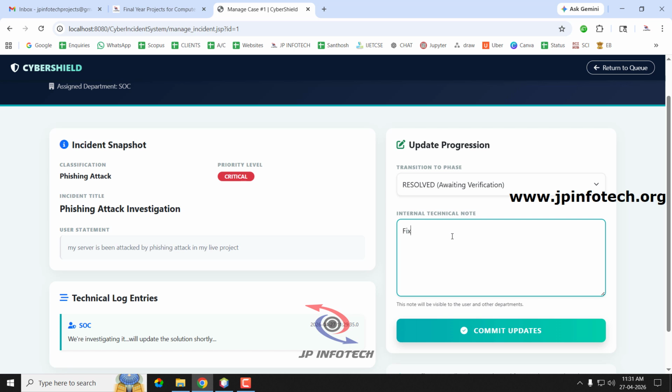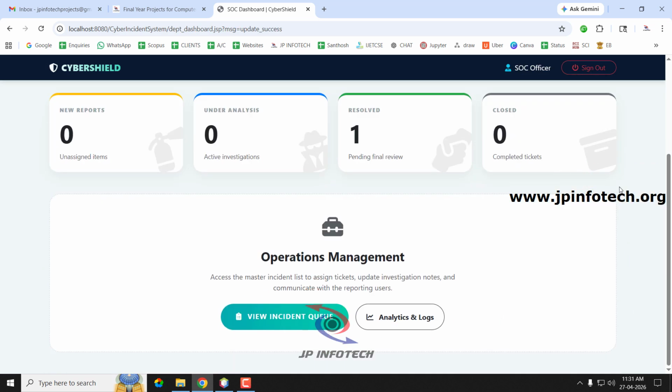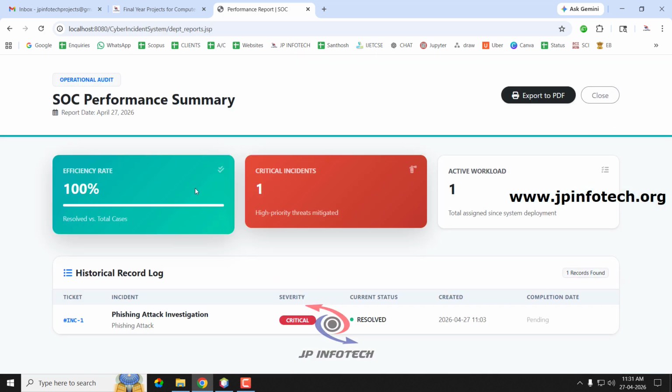You can just update, fix the issue. Now the server is live and free from phishing attack, and you can just update like this any information and give a commit up. Now if you go to the analytics part, you can see the efficiency rate is now updated to 100%